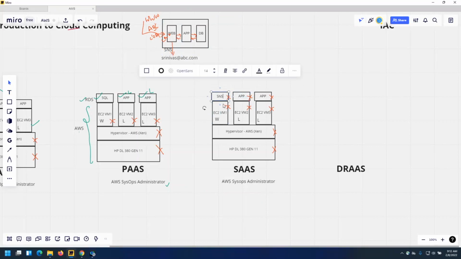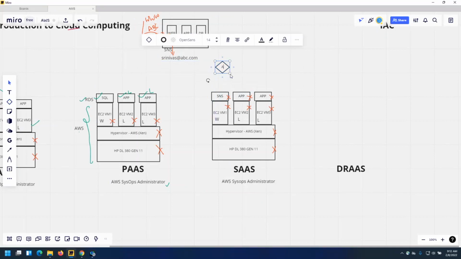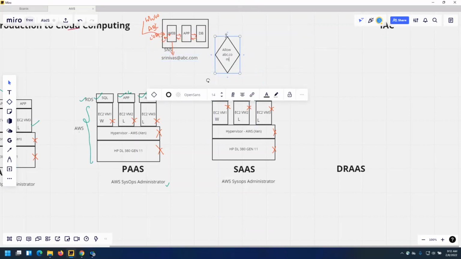Now, once you configure the SNS, you are not even bothered about how that SNS is configured. I am bothered about allowing abc.com requests. So allow abc.com request on SNS.